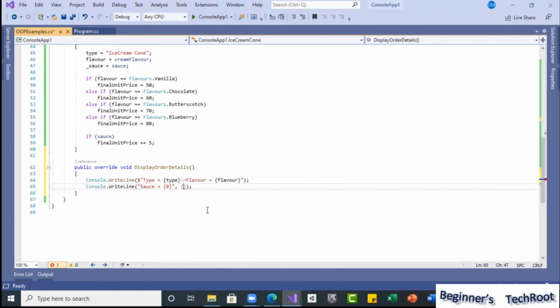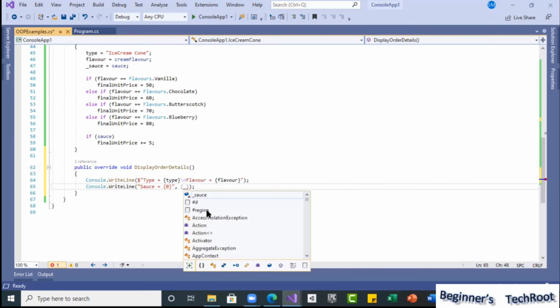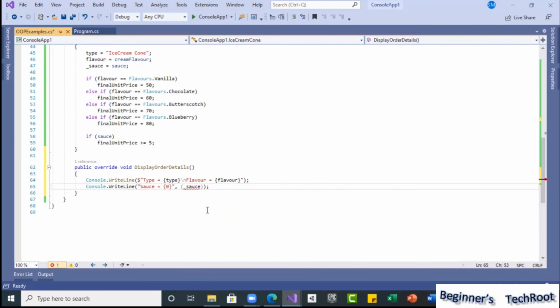Because I want to give some constructed text. So I will take the variable source. If the user selected source, yes, it is a Boolean type, so I am going to use a conditional operator. We know that expression, question mark, and if true, what value we can give, and after a colon, if it is false, what value we can give.